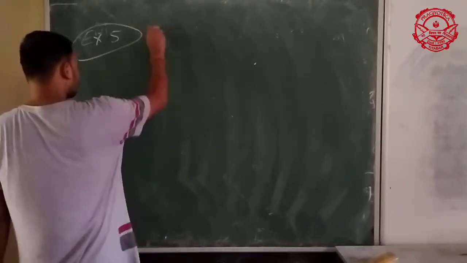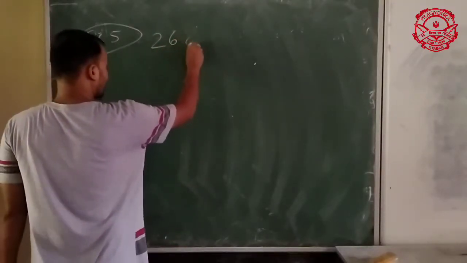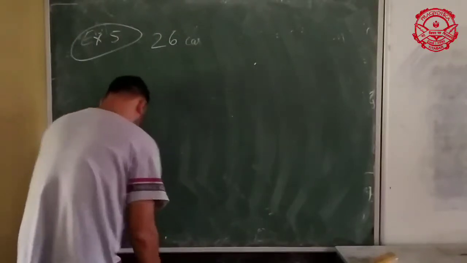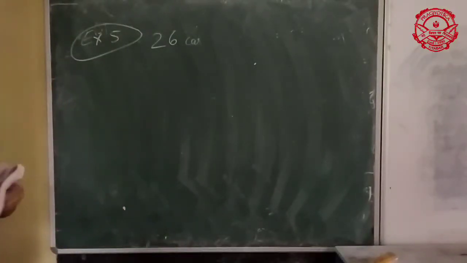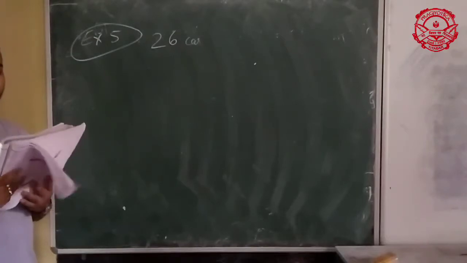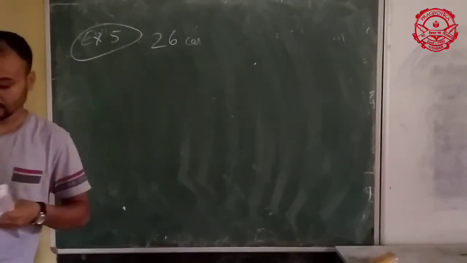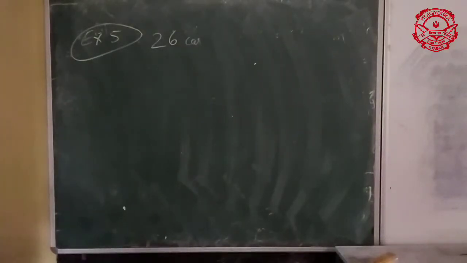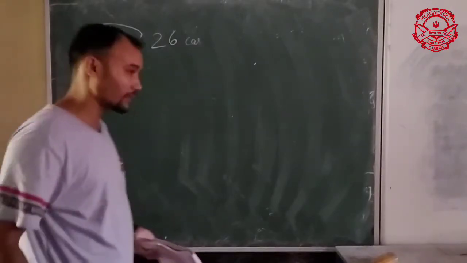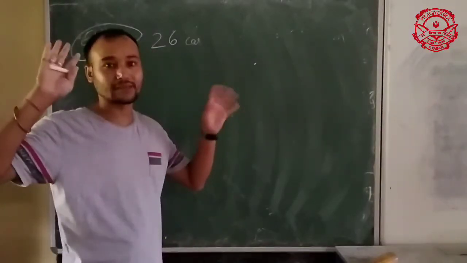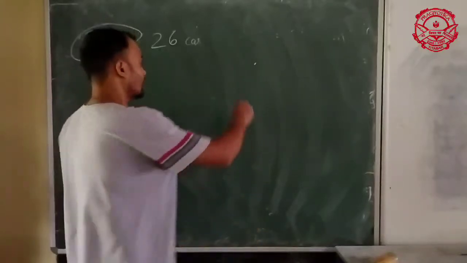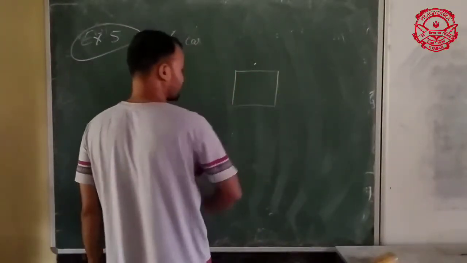26 cartons of 15 chocolates, each cost rupees 2145. Now find the cost of 40 cartons of 18 chocolates. Now cartons means what? Box. They have a big box for a carton.